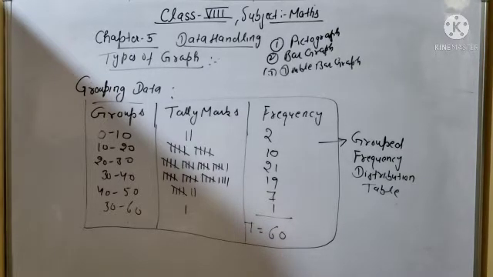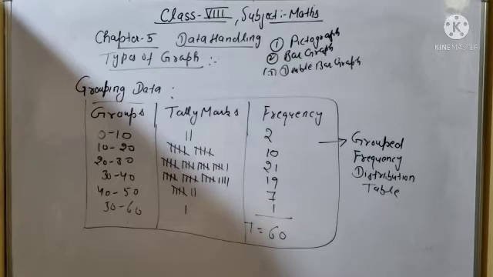So here you can say most of the students have scored between 20 and 40, because 21 students are between 20 and 30 and 19 students are between 30 and 40. So you can say maximum students have scored between 20 and 40. After that, 8 students have scored more than 40 marks. More than 40 means 40 to 60.